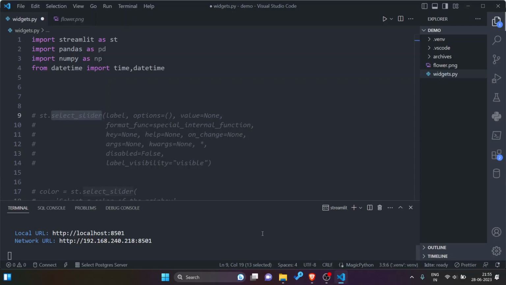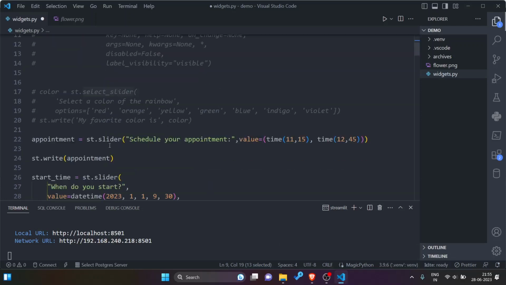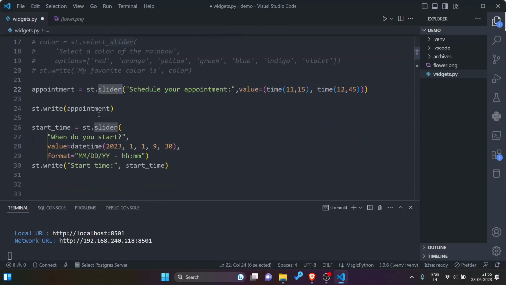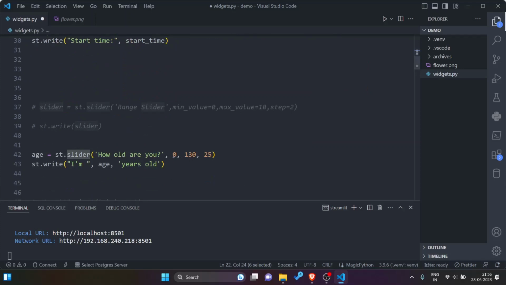Developers. In the previous video we have seen slider and other widgets available in Streamlit. Up to slider we have seen. So just to recap it, in slider we had given numbers between a range of numbers for which the slider was created. For example, in this case we had how old are you as the slider label, then the range, and then the currently selected value.